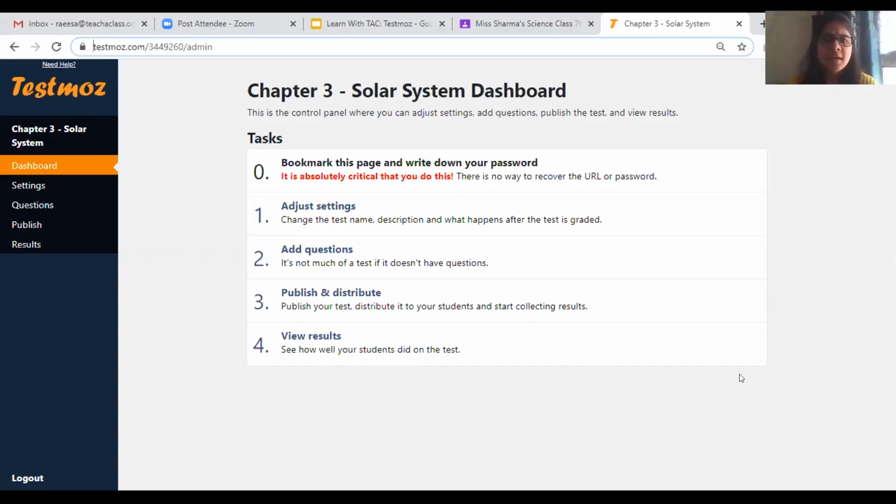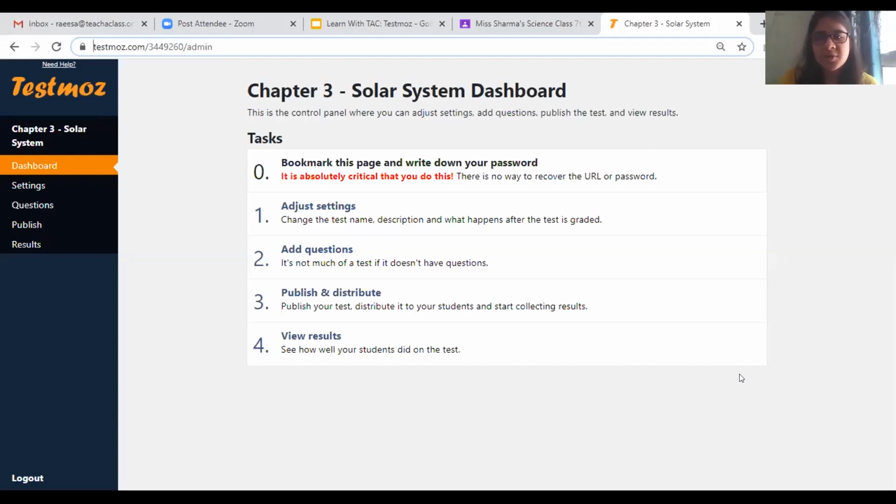Yes. Thank you, Raisa. And also, Raisa, one of the teachers asked if they can keep the same password for all the tests. So, in my opinion, it is perfectly fine to keep the same password. But if you think that TestMoz has some reservations towards that, please share. There are no reservations with that. You can absolutely keep the same password, and I feel like it's recommended as well. If you keep a nice strong password, you can use it over and over again, teacher.